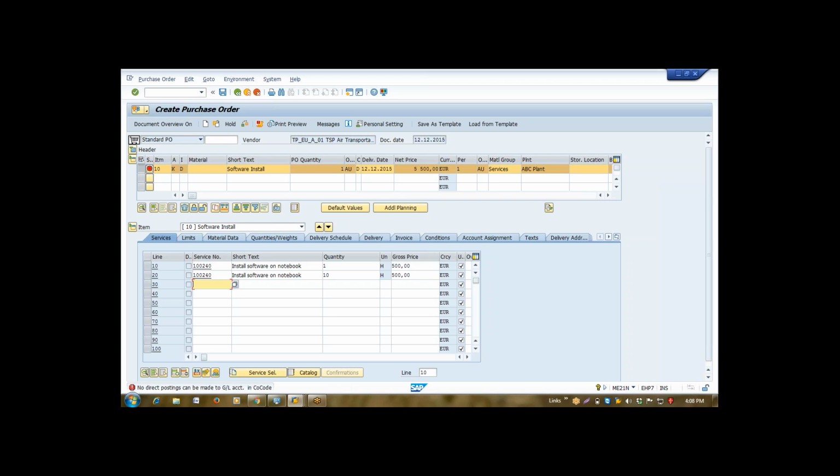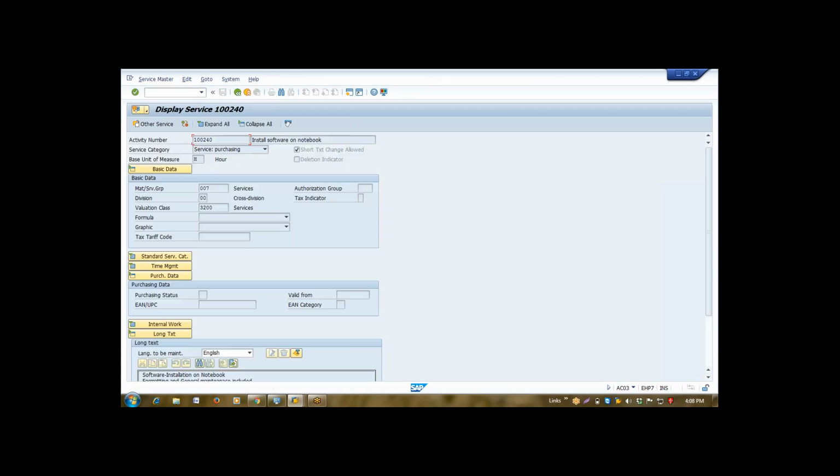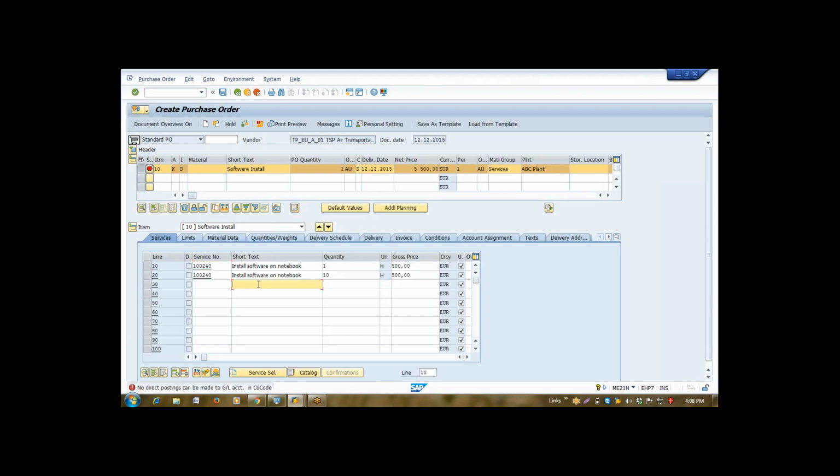In a simple way, SOR is a thing for which you find this service number, and non-SOR is a thing where you won't find any service number, though you can use that service directly by entering your text here.